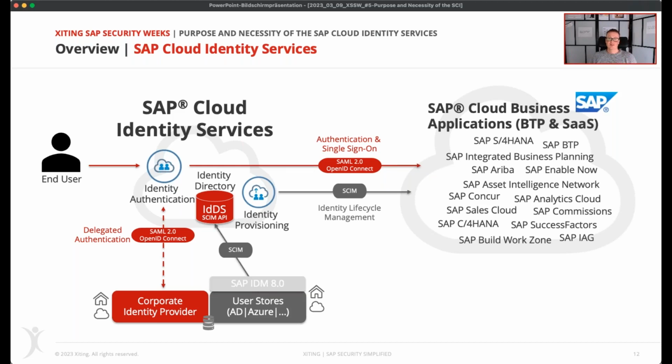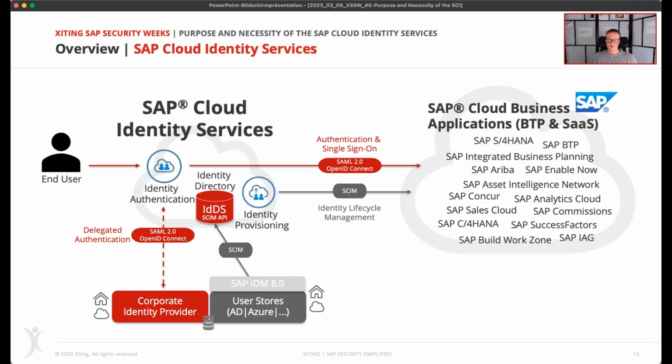So as you can imagine, since more and more software as a service applications are being onboarded, it's getting harder to create all these trust relationships, these SAML trusts, to create the user accounts, or to even manage the life cycle of those, or to manually log in using passwords for each application. So it's mainly the increased usage of the many SAP Cloud products that brought the need for those services.